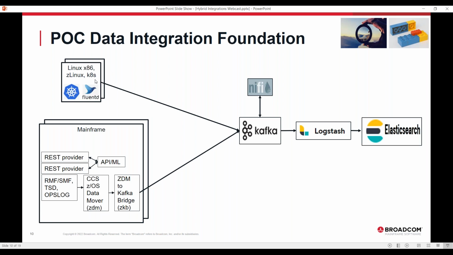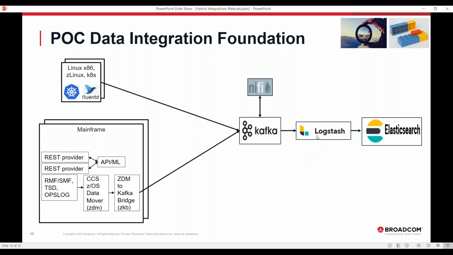We've got data coming from over here in the upper left, our Kubernetes cluster, with a daemon set with Fluentd. He's pushing that log data, basically the standard error, standard out, into a topic on Kafka.